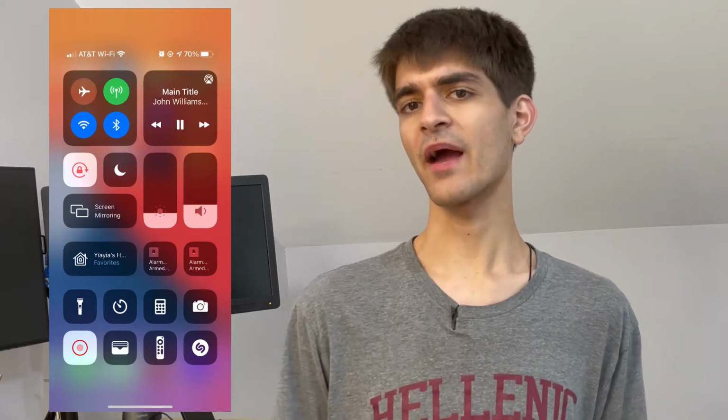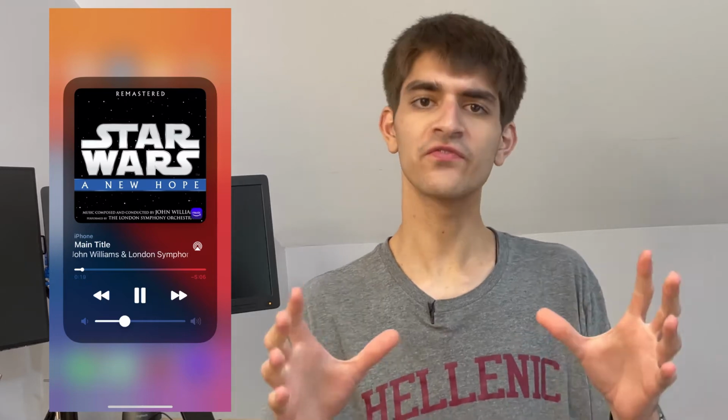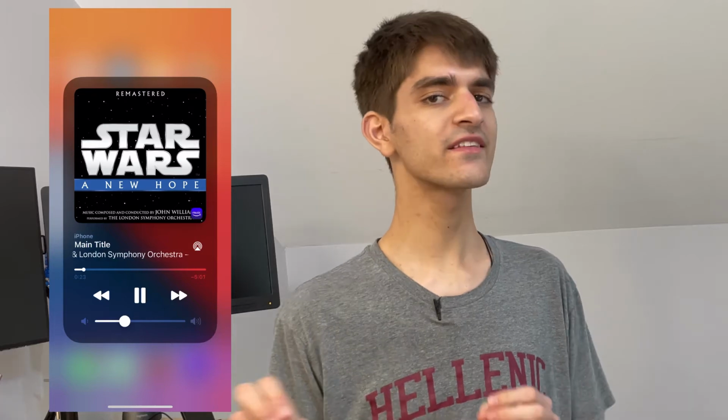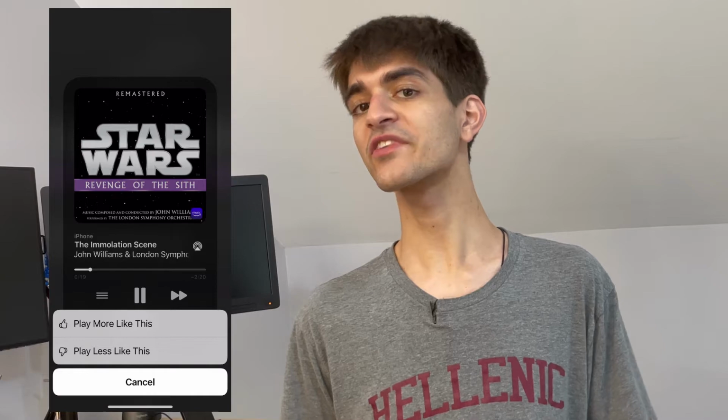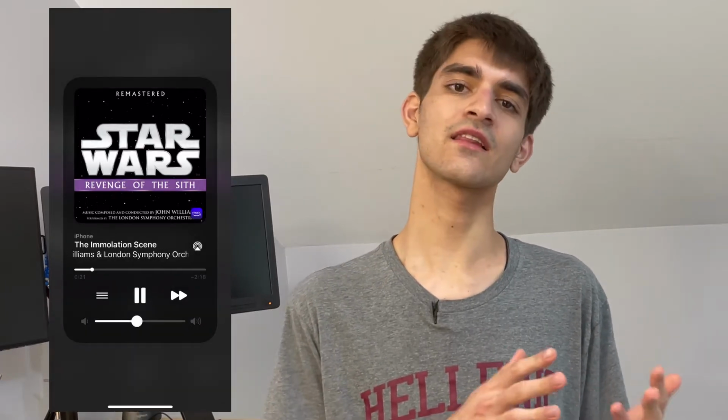Long pressing on the playback controls gives you more options. The album artwork is front and center and links you to the app that the content is playing from. Under the artwork is the title and name of the content creator. Below that is a scrubber where you can skim between different points in the track. You can also play, pause, skip, and control the volume. In some cases, like playing music from a radio station, you'll see different playback controls such as a like button.